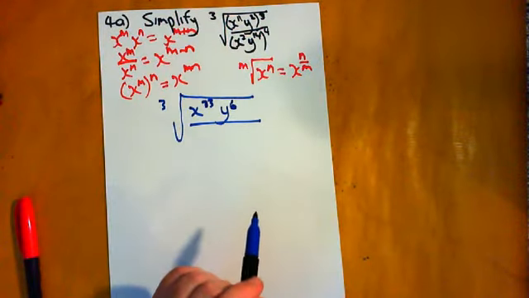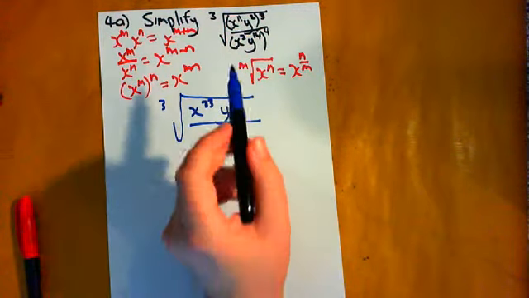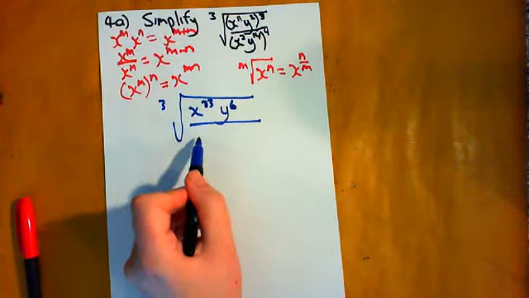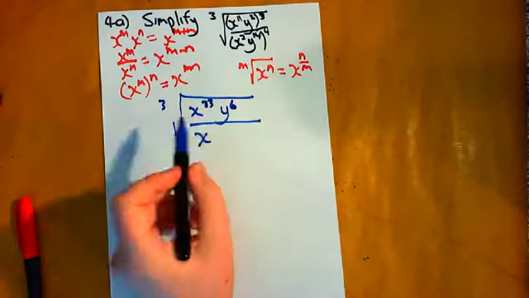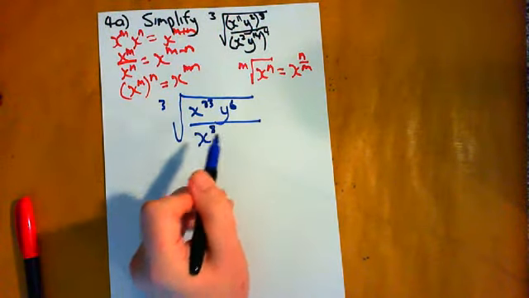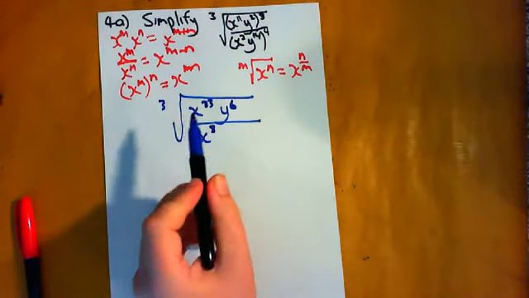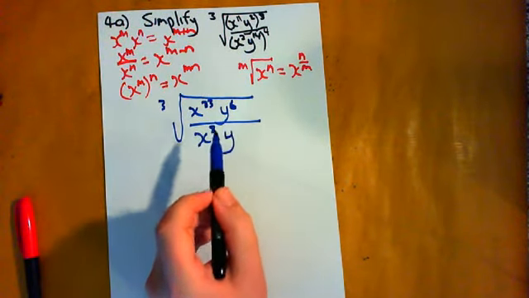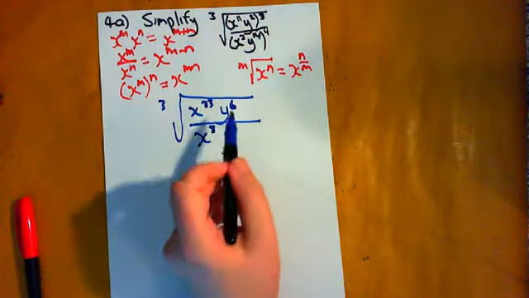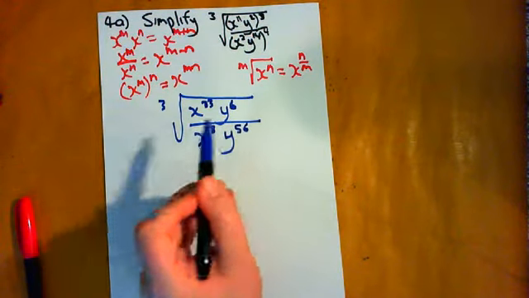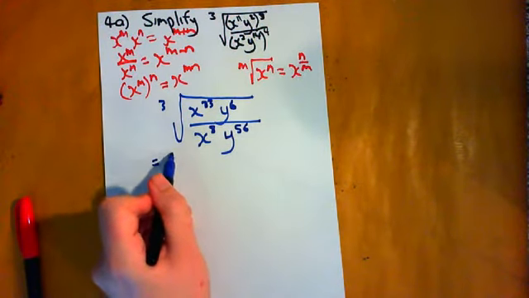We'll do the same thing on the bottom. We've got x squared to the 4. So 2 times 4 there, that's going to give us 8 as the power of x on the bottom. And we have y to the power of 14 times 4 is 56. So that's going to be cube root